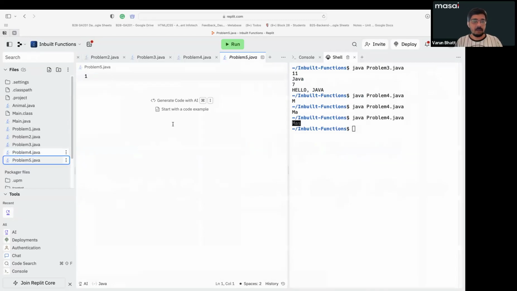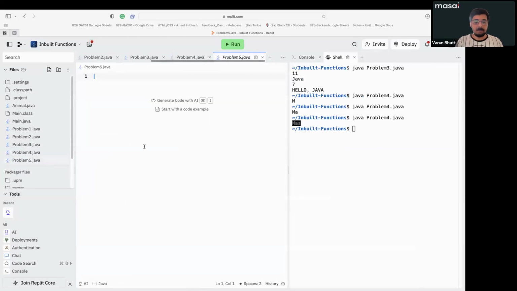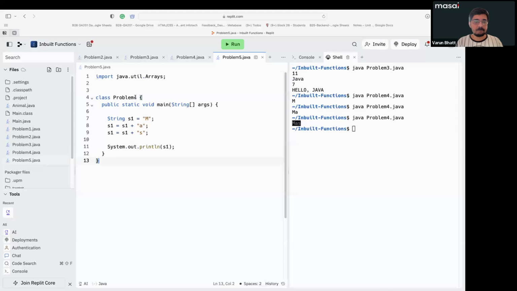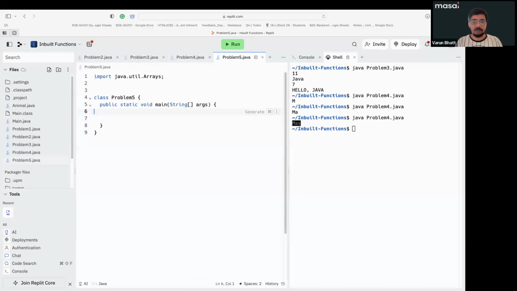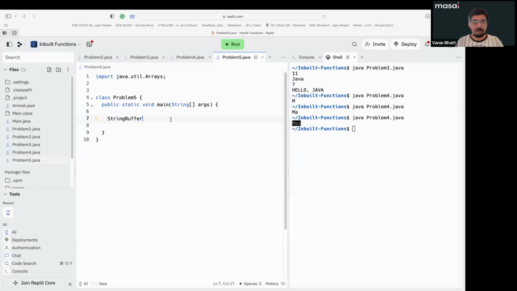Okay, so if I come to this place and if I come to problem 5, I'm writing something. Suppose I'm writing problem 5, and here I'm creating the string builder. मतलब एक string का object builder का object I'll create it. So I'm writing StringBuilder, and I'm creating the object of it. I'm writing new StringBuilder,